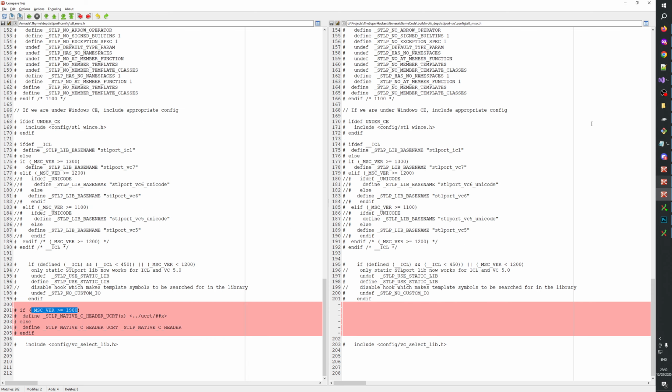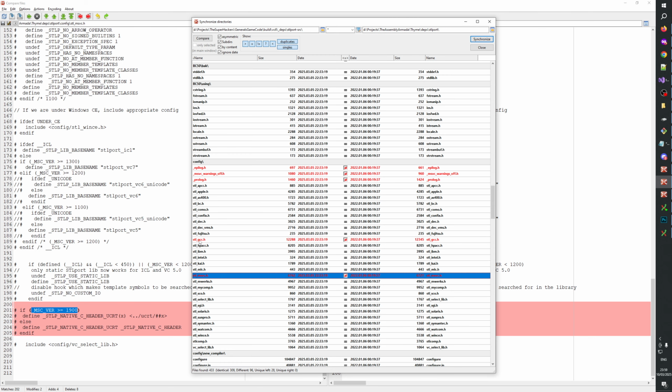Let's look at some other file. Compare files. What about